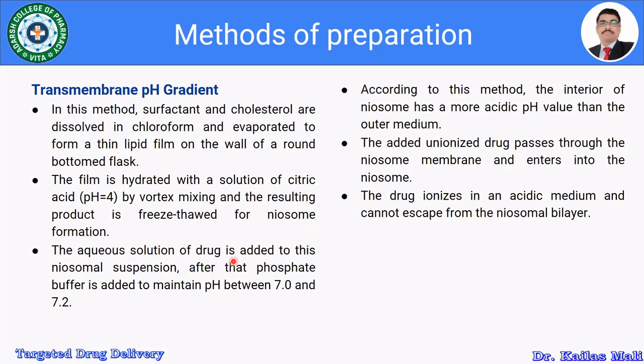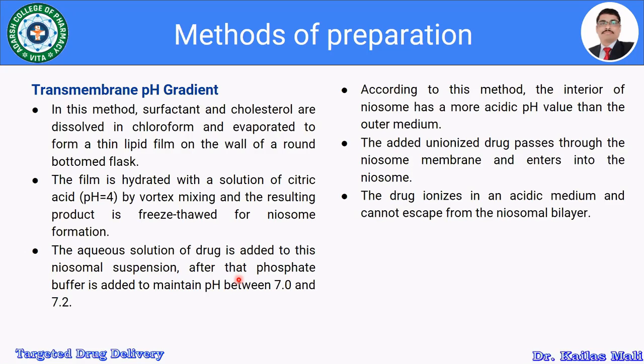The aqueous solution of drug is added to this niosomal suspension. After that, phosphate buffer is added to maintain the pH between 7 and 7.2. So the pH outside the niosome is near 7 and the core pH is 4. Due to the pH gradient, the unionized drug enters into the niosomal core